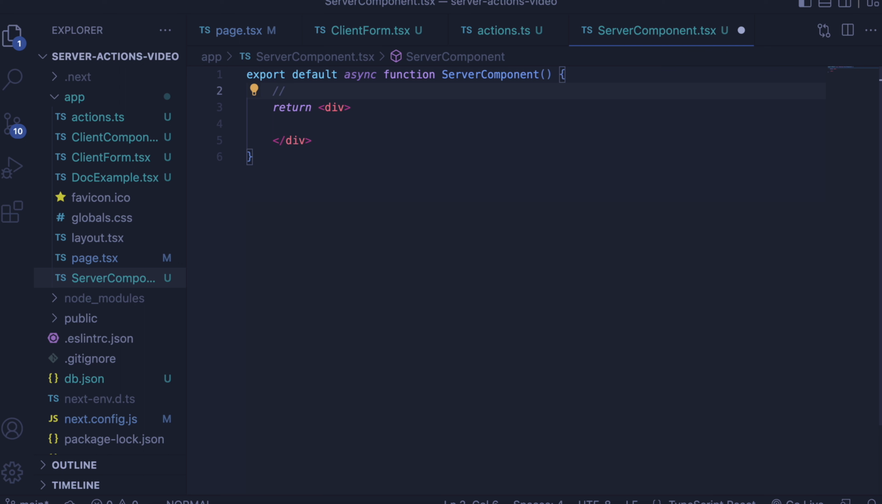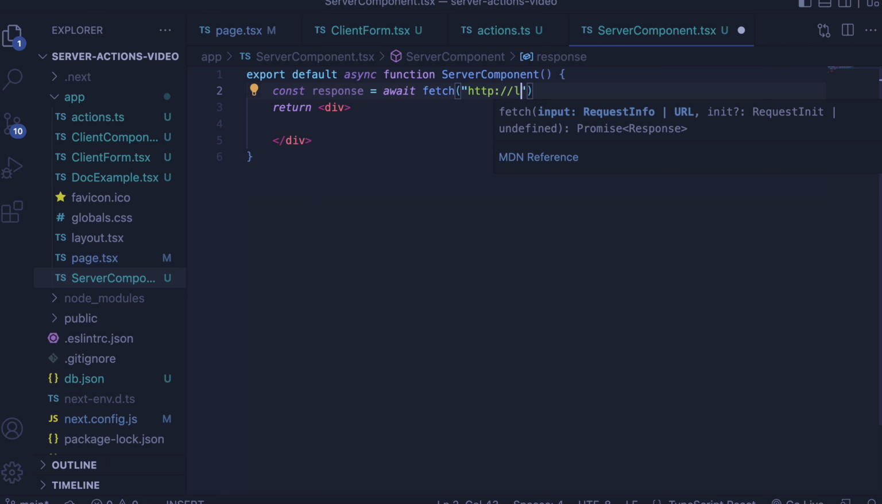But let's say you're actually fetching the items from an API, right? And what I want to do over here is actually use the fetch API, and there's a reason for it. Let me just type this out. So await fetch, I'm just gonna say http://localhost:3000, and we don't have an API yet, but let me just write